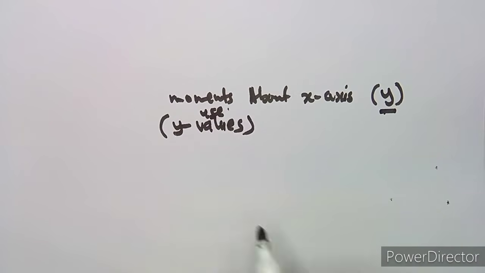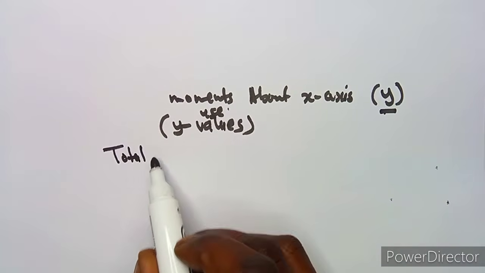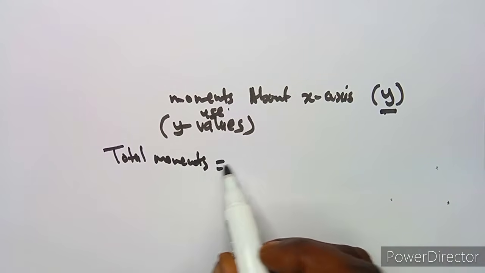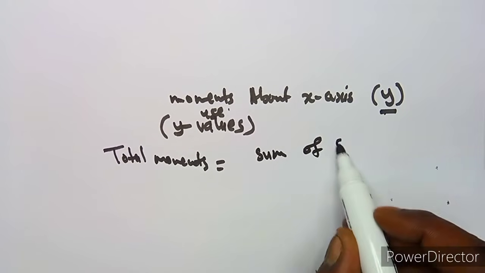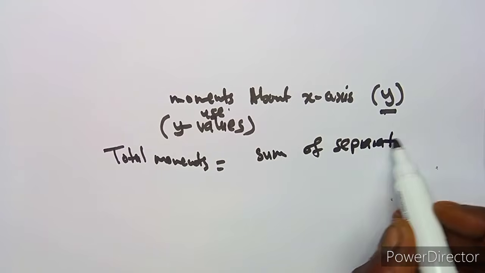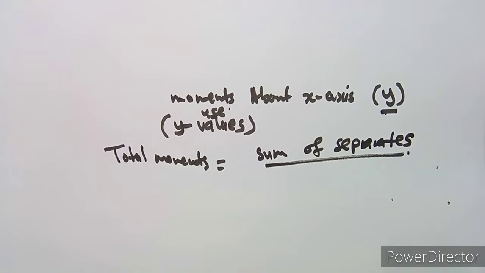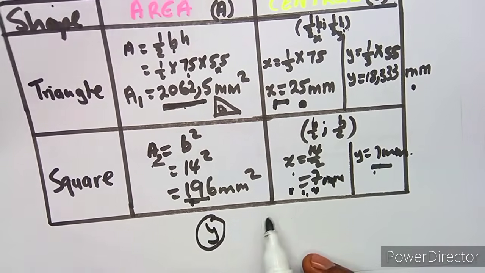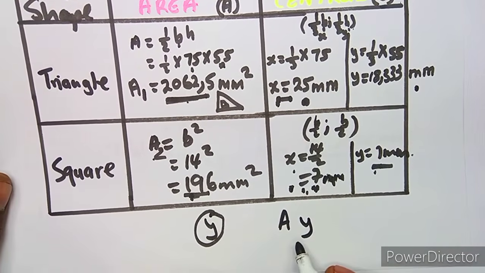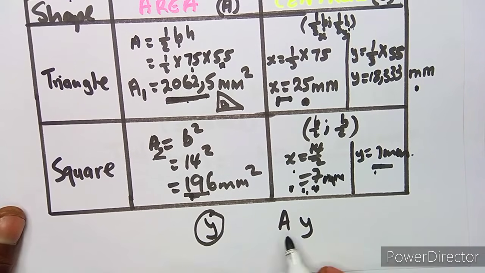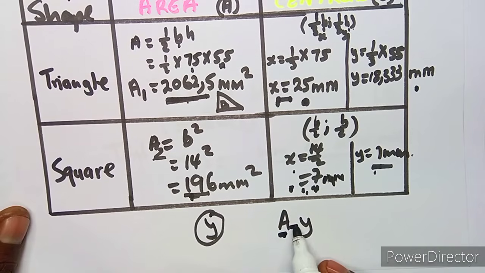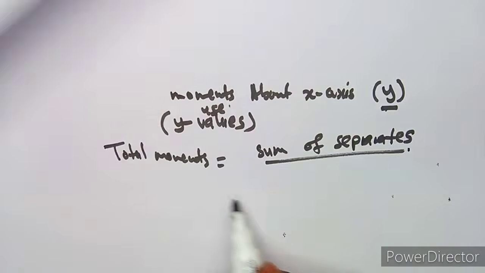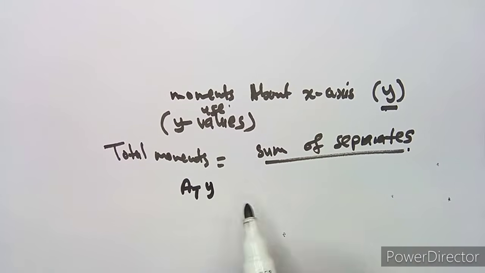Okay, so remember how you calculate moments, that the total moment must be equal to what? The total moments should be equal to sum of what? Of separate parts, of the separate parts of moments. So you're going to add the sum of the separate parts. So the sum of moments, we are saying that it's area times the distance, which is y, the one that you want to calculate. But now the area times the distance that we are talking about in this case, which is from force times distance. So we are saying this area in this case is the total area. All right, so we are going to have the total area times the value of y, which is equivalent to